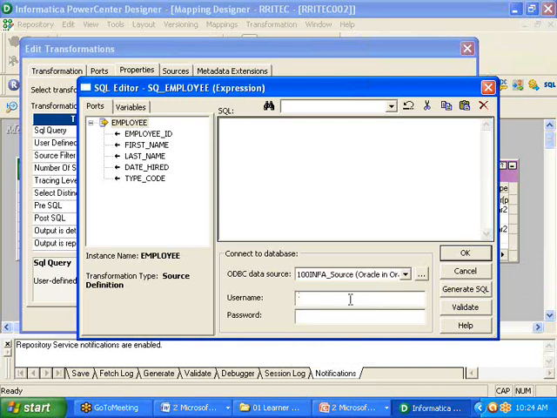Let us take one thing and run it for the source. I'm taking the username here.